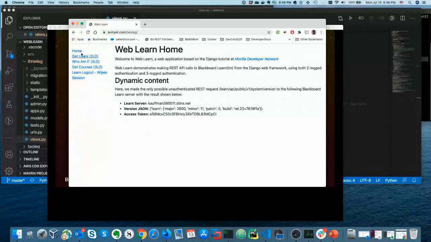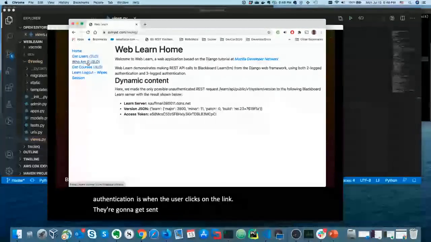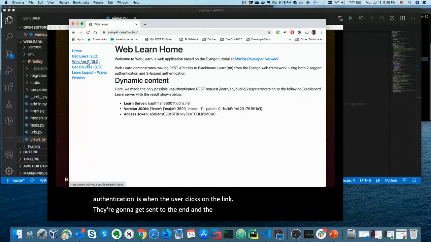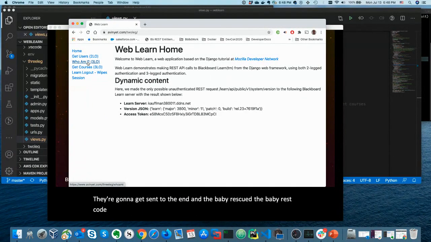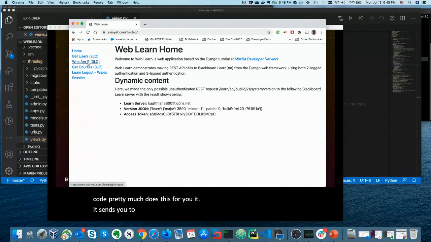Yeah, so what happens here is what you want to do with three-legged authentication is when the user clicks on the link, they're going to get sent to the authorization, and the BB-REST code pretty much does this for you. You use its code to make the request to the authorization code endpoint of Blackboard. So if I click on this,